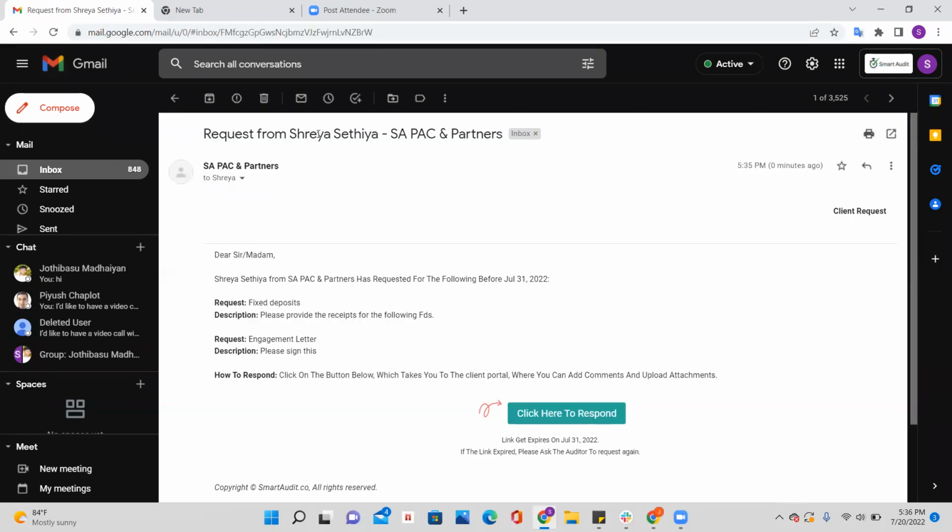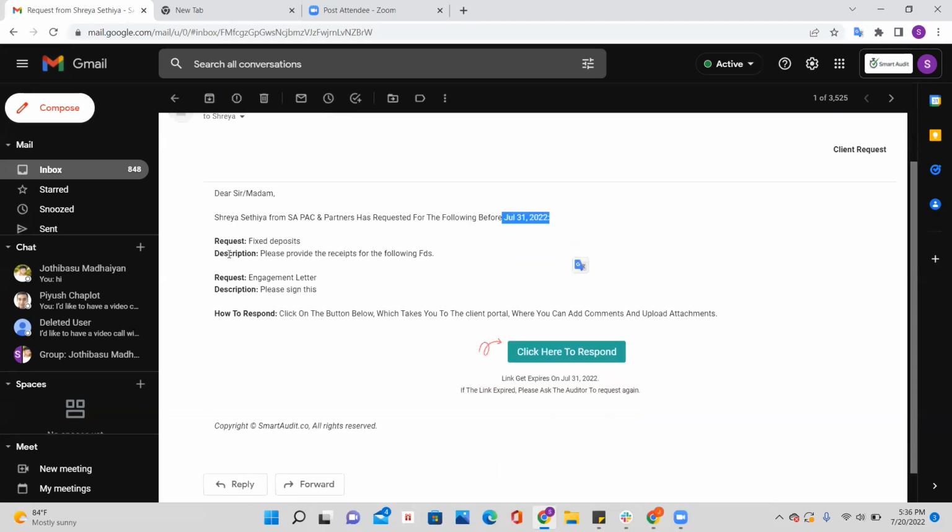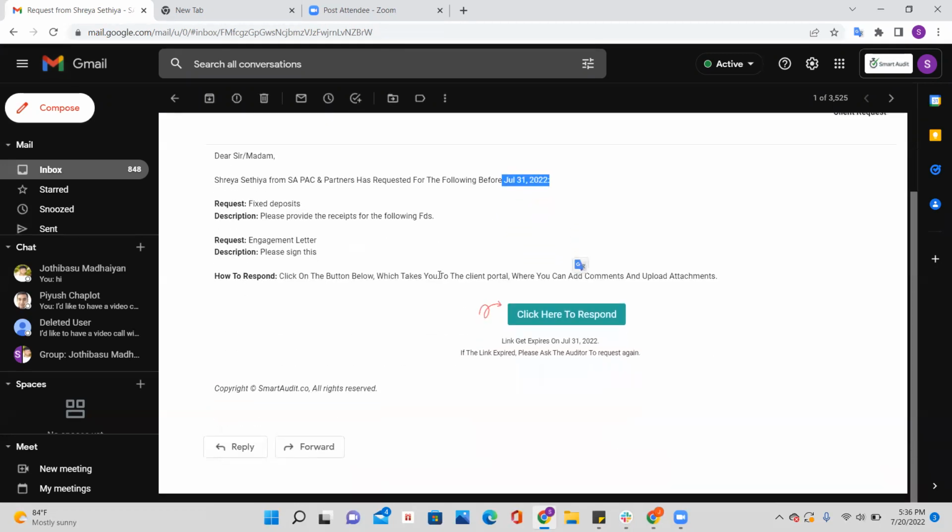This is the request, like who has requested it, what is the auditor name, and what is my due date. So what is the request description? Now to respond, your client needs to click here. It is quite highlighted that they have to click here to respond. Now when I go here